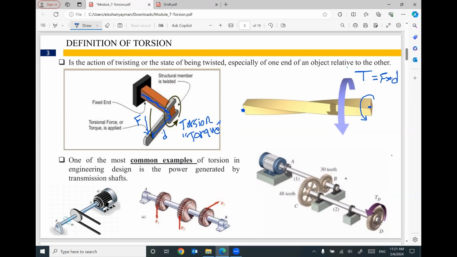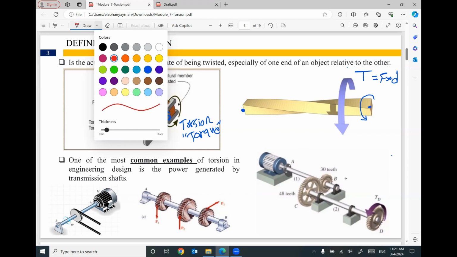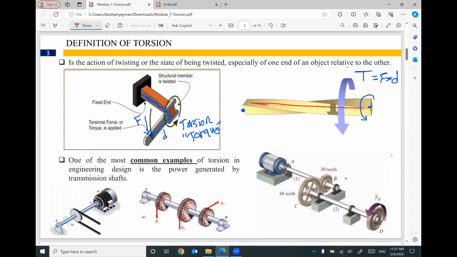That means it's a moment, but this moment is about the longitudinal axis of the member. This moment rotating about the longitudinal axis of the member is the reason why I call it torsion